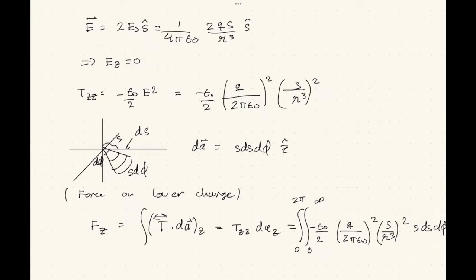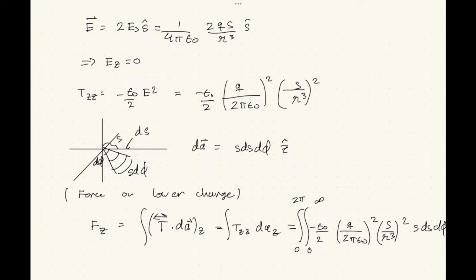Since I am using a cylindrical coordinate system, it would make sense to keep using cylindrical coordinates to describe the elemental surface area. In cylindrical coordinates, the elemental surface area is s ds dφ. For our case, since we're working with the lower charge, and by convention outwards is positive, our area points in the z direction. So, since we're only focusing on the z component of the force,